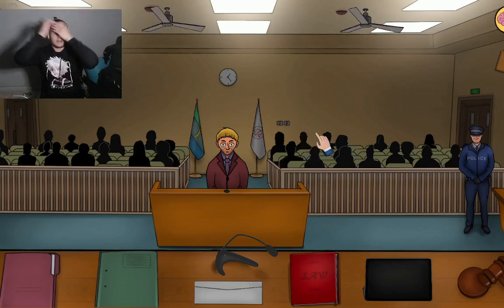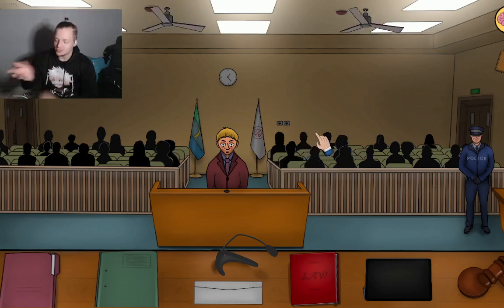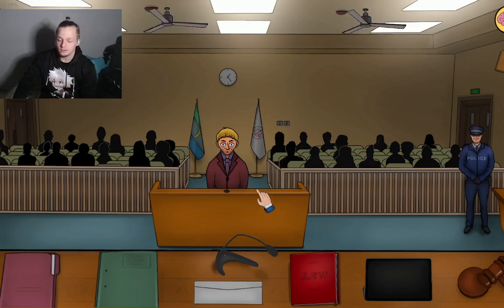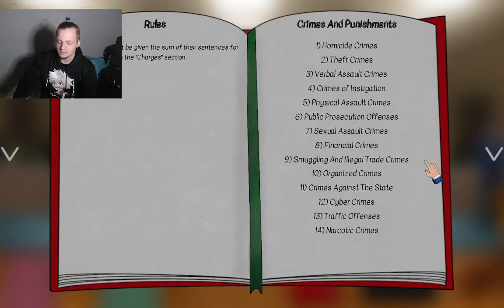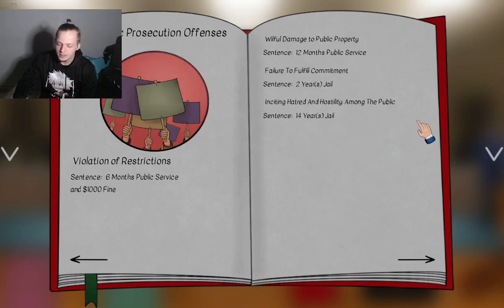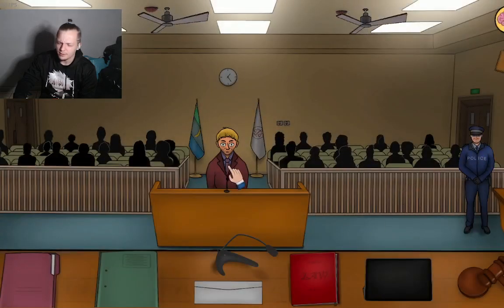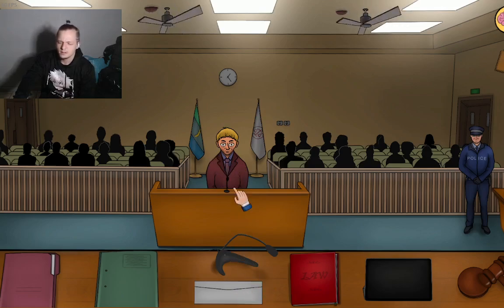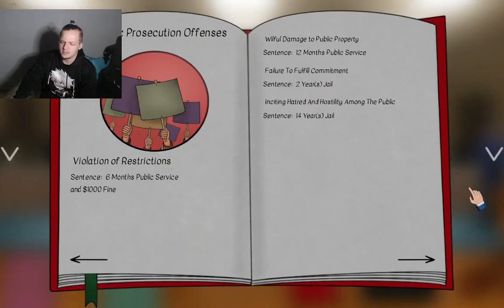This still doesn't help me make my case there. I don't know, because that's just... I mean, what could he have possibly been doing? Public... Wait. So that's like resisting arrest, right? Resisting arrest? Is that what we're gonna hit him with, chat? Is that what we're gonna hit him with? Resisting arrest? That'd be pretty funny.